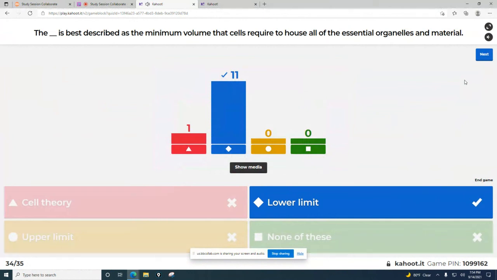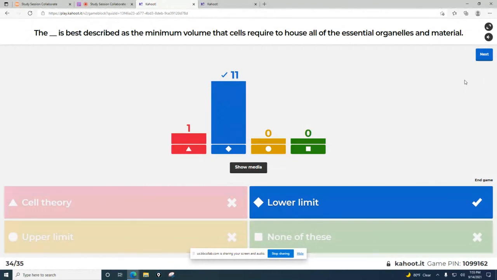Okay, very good. So I remember when I was in Bio 130 and we started going over cell theory and they went over the lower limit and the upper limit and I was like, oh my God, what is this? Like, what are they talking about? Like, I just completely glazed over. So I want to include some stuff about this because it probably will pop up on the exam.